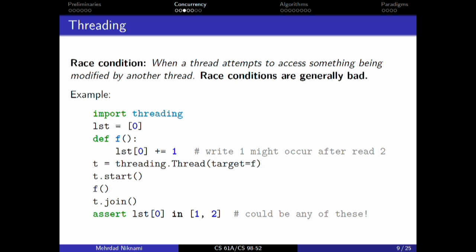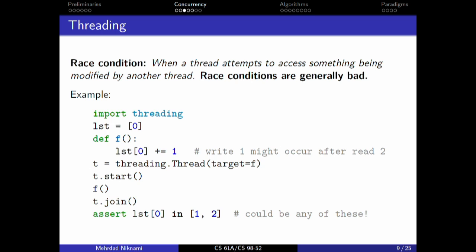They could if there are multiple processors, but even if it's one processor, the first one could read, and then the second one could read, and then the first one could write, and then the second one could write. There's nothing preventing that because they're separate threads. Then how could it happen that list of 0 ends up only being 1 instead